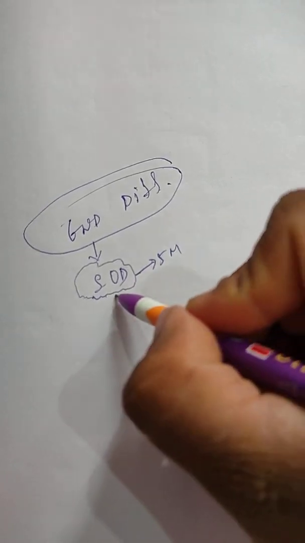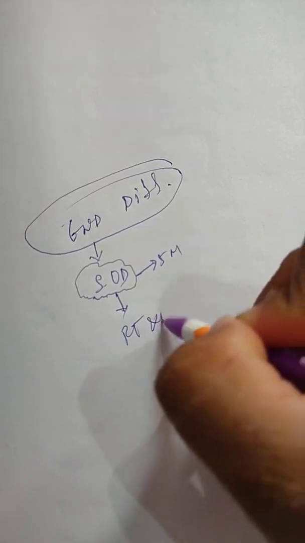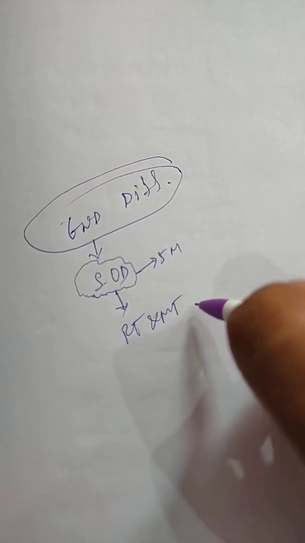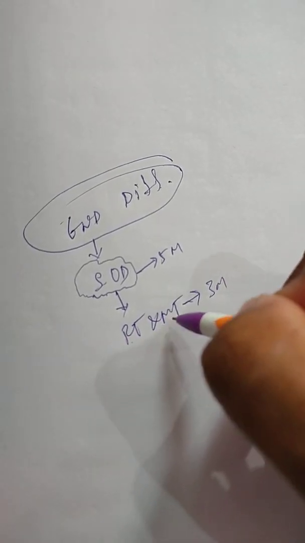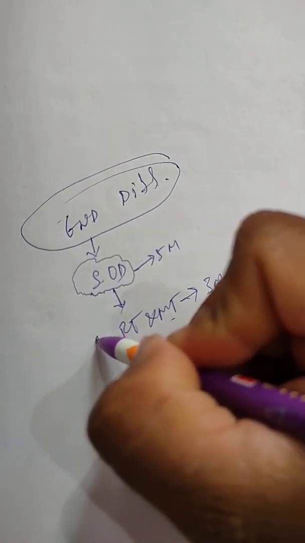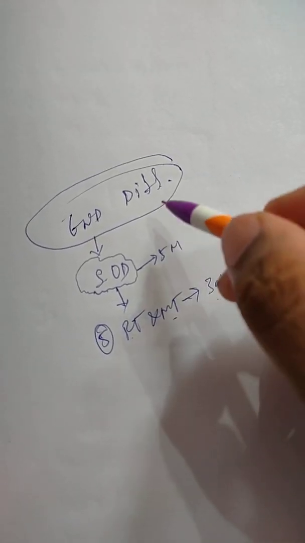After the second order derivative, we discussed Rolle's theorem and the mean value theorem. Rolle's theorem and mean value theorem are also very important. From this concept you will get one 3 marks question. From Rolle's theorem and mean value theorem we have only 5 questions, and from those 5 questions you will get one 3 marks question. Is it clear? Is it okay?